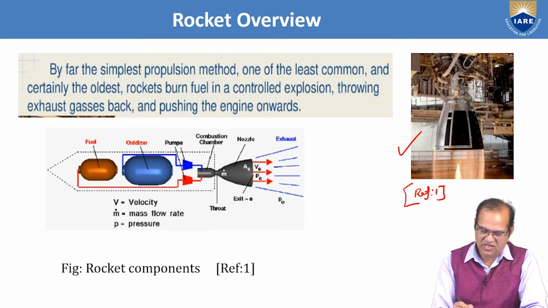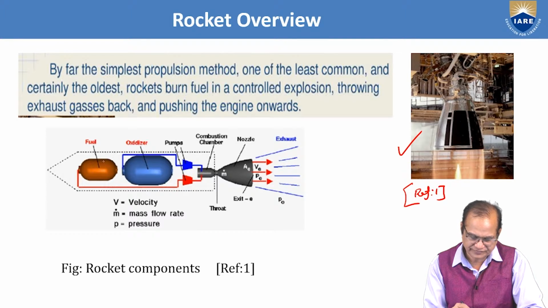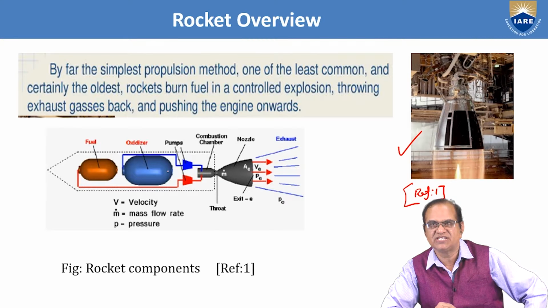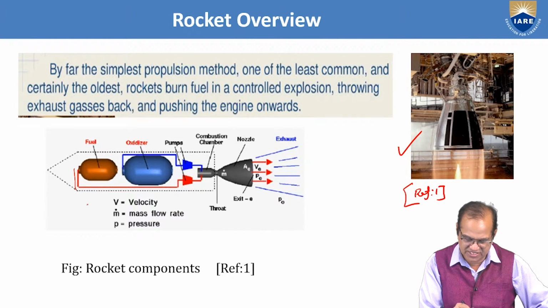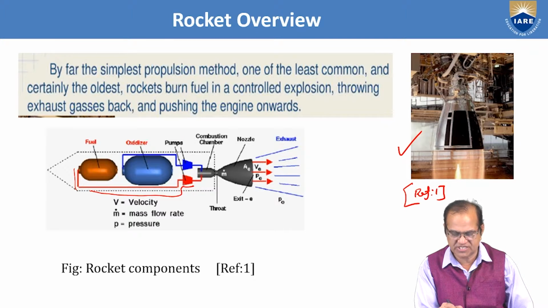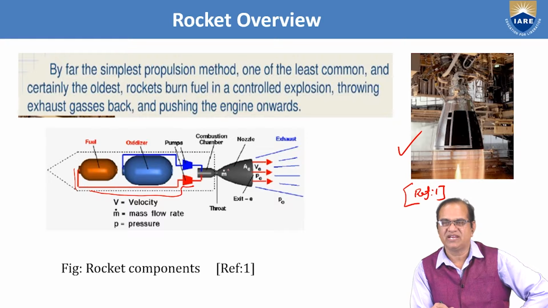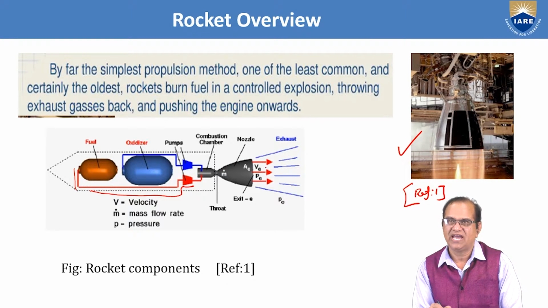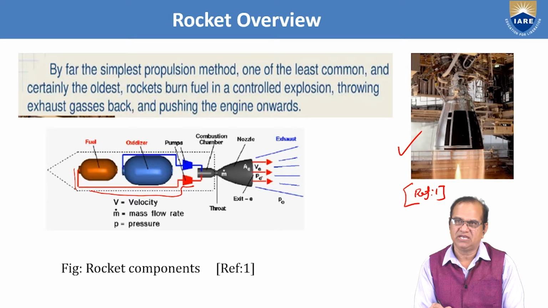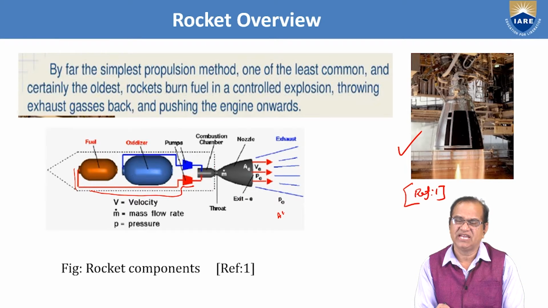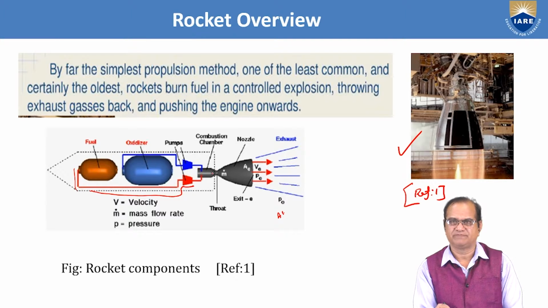So this you can see here, this is the rocket engine. And what are the components here? We have one fuel tank here, one oxidizer here. So this fuel is coming this way. Here are the pumps. These pumps are giving high pressure, and here the oxygen is coming from here. Both are mixed here in the combustion chamber. This is the combustion chamber, and from here it is expanded in the nozzle, and here is the exhaust. Here is the atmospheric pressure. This is the exit, this is the inlet, and this is the throat of the nozzle.